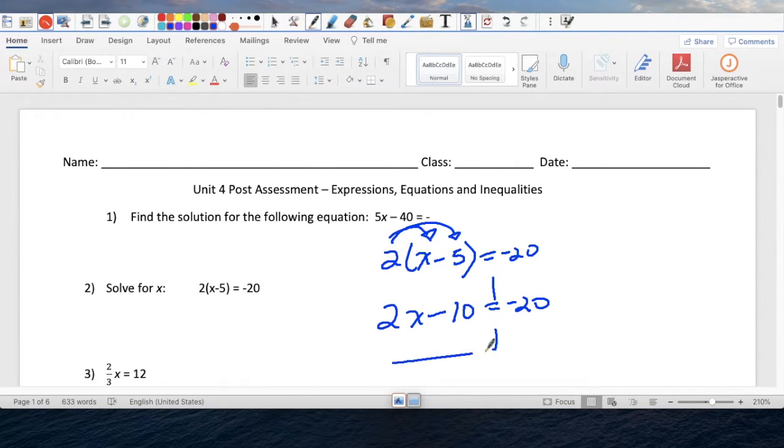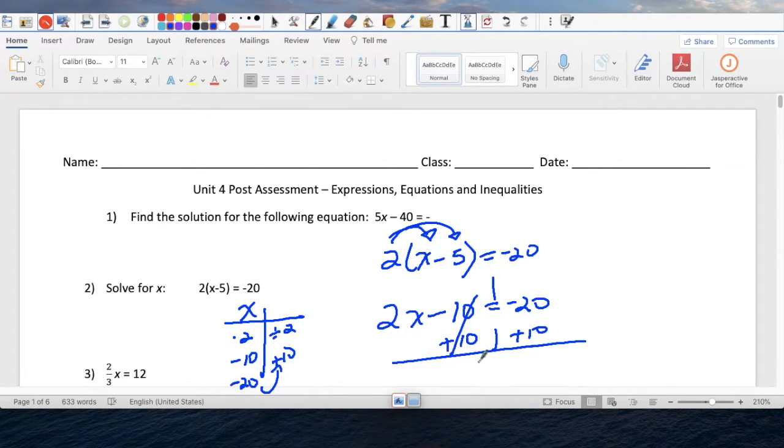Left and right. So if you do the little story here again, x times 2 minus 10 equals negative 20. So we're going to do plus 10 first, and then divide both sides by 2. Plus 10, plus 10, and then this goes away. 2x equals negative 10. Divide by 2. Divide by 2. That simplifies to 1, and x equals negative